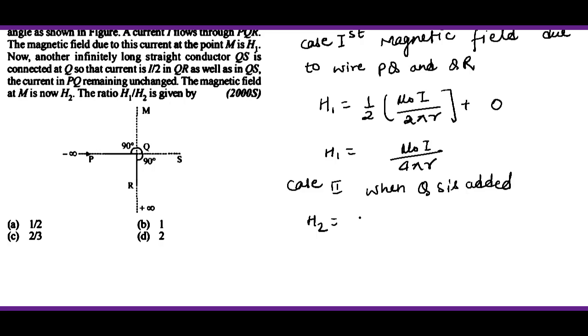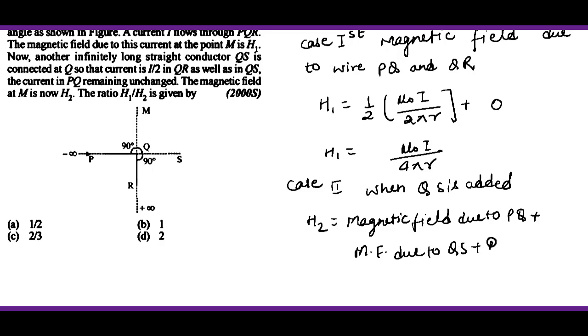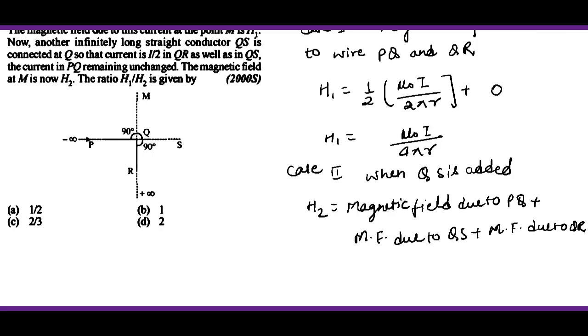तो इनिशियल पी क्यू से तो सेम जाएगा। ओके, ये मैग्नेटिक फील्ड ड्यू टू, ये सम होगा सबका, यहाँ पे हम लिख लेते हैं कि मैग्नेटिक फील्ड ड्यू टू पी क्यू प्लस मैग्नेटिक फील्ड ड्यू टू क्यू एस प्लस मैग्नेटिक फील्ड ड्यू टू क्यू आर। ओके, ये वैल्यू होती है। तो अब यहाँ से हम एच टू इक्वल्स टू, उसकी वैल्यू सेम आएगी, म्यू नॉट आई अपॉन 4 पाई आर प्लस